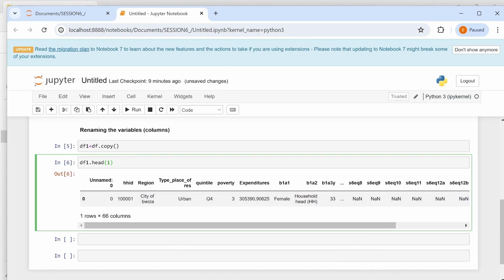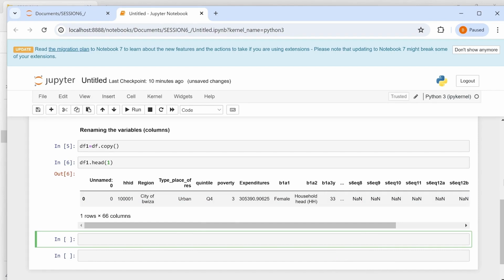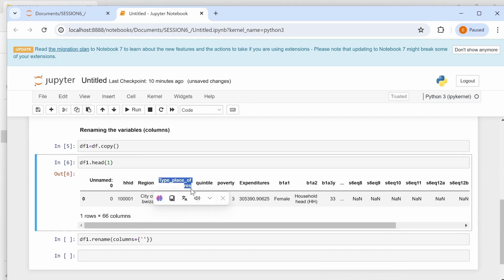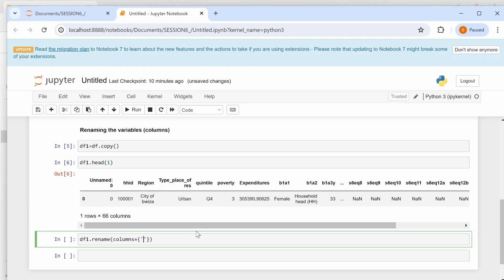You're going to rename it to other names. Okay. Bring your data frame dot rename, columns equal, create the dictionary. The old variable, which is type of place of residence, copy it and paste it,